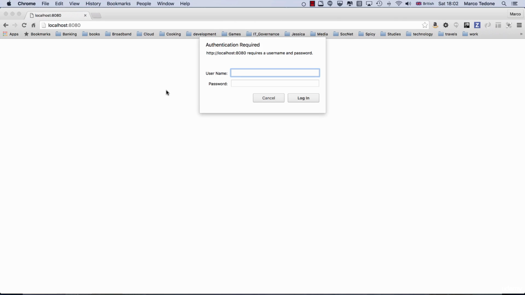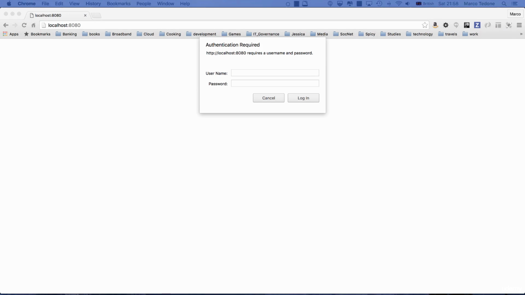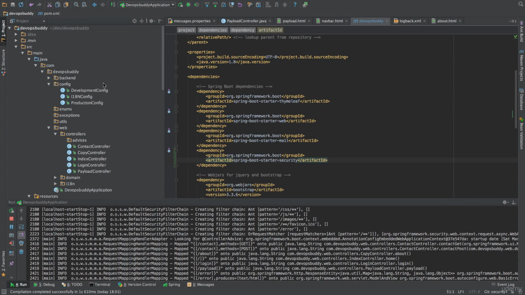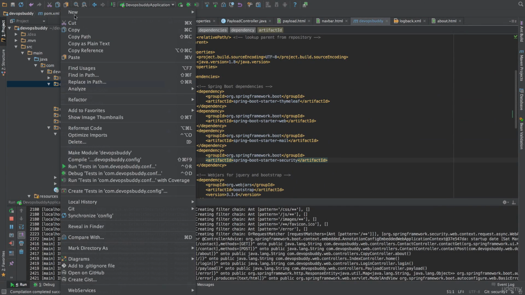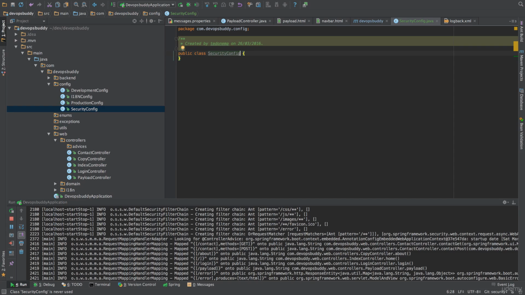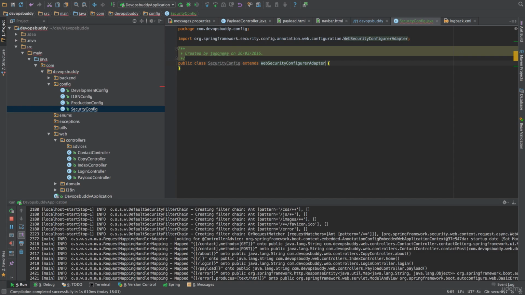For things to work properly, we need to set it up so that it allows access to public content and protects everything else. Let's see how we can do this. We will create a new configuration class and name it SecurityConfig. We can do this by right-clicking on the config package and selecting New Class and then providing the SecurityConfig name. This class needs to extend the WebSecurityConfigurerAdapter class so that we can take advantage of its